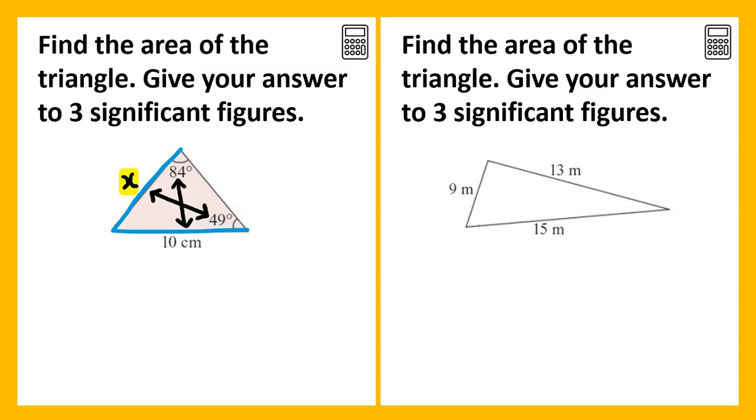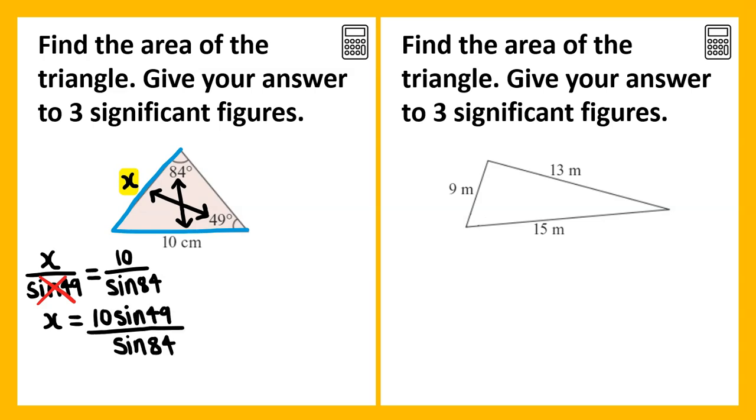Since I'm finding the length, I'll want to use the version of the sine rule where we have the length at the top of the fraction. A over sine A is equal to B over sine B, where A is the unknown length, labelled x. Capital A is the opposite angle, 49. B is the other length, and uppercase B is the opposite angle of 84. Multiplying both sides by sine 49 will provide me with x. So x is equal to 10 multiplied by sine 49 over sine of 84. X is equal to